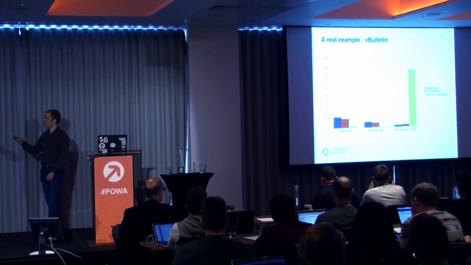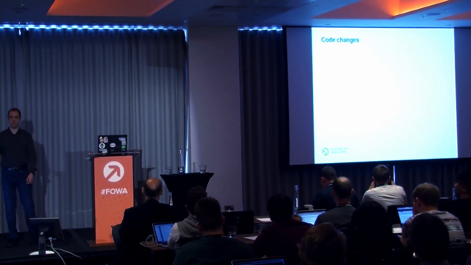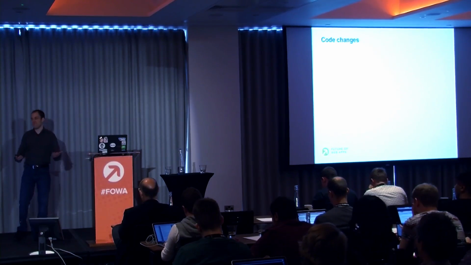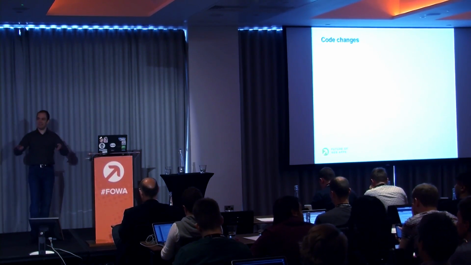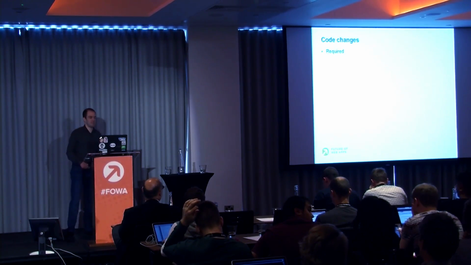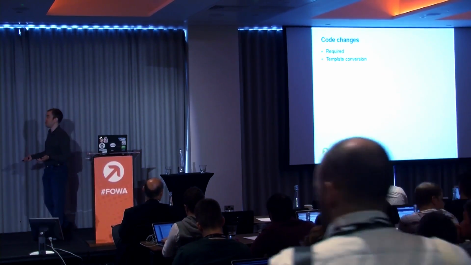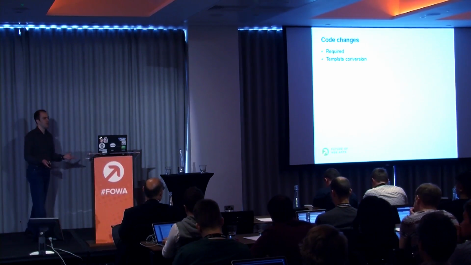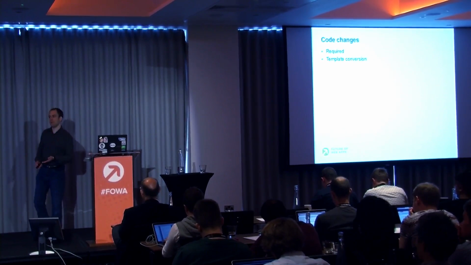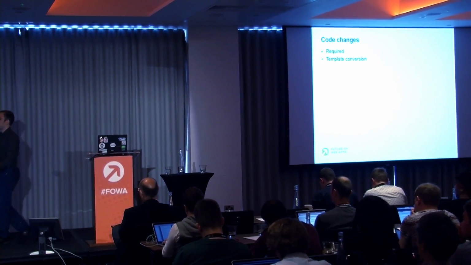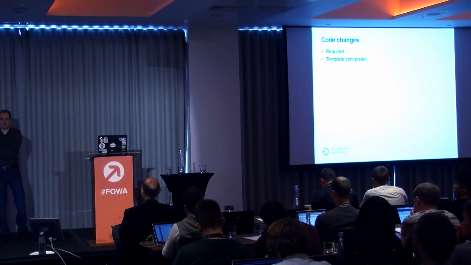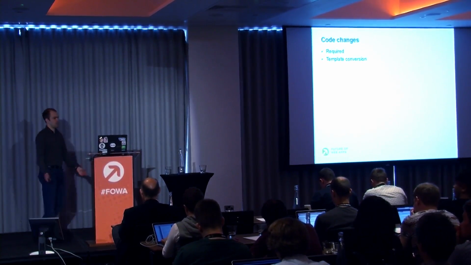Now, of course, to get there, you need to change code. You cannot take a website, install this thing, and expect it to magically do this for you. So the first thing you need to do is make changes in your template, in whatever HTML you're outputting. But luckily, those changes are quite minimal. When you have a for each now in your code because you need to loop over something, you just need to replace it by slick for each. If you have an if statement now, you just replace it with slick if. So those changes are quite minimal.